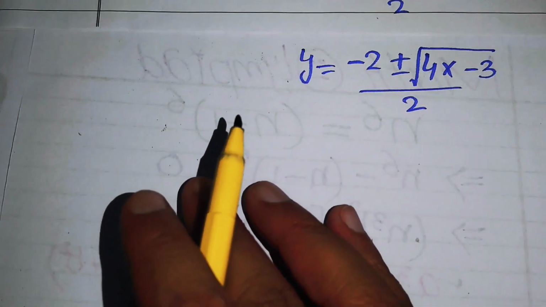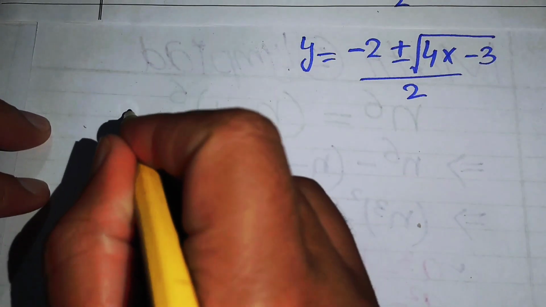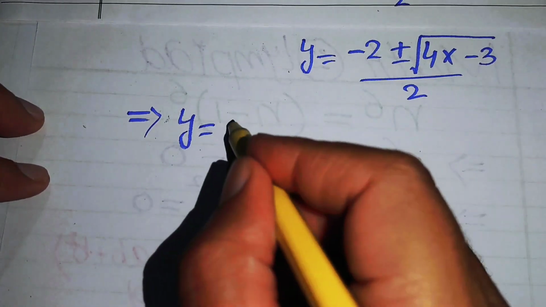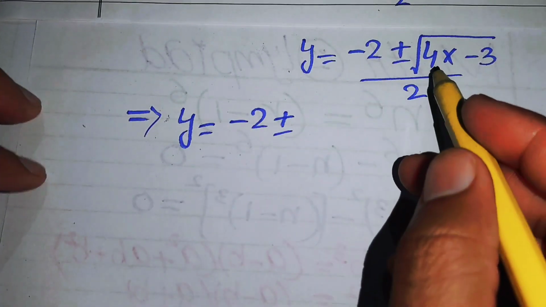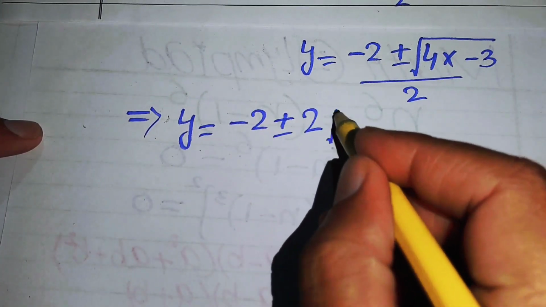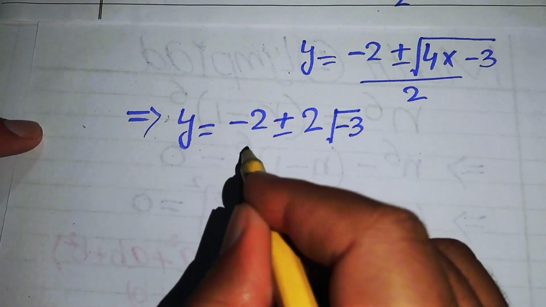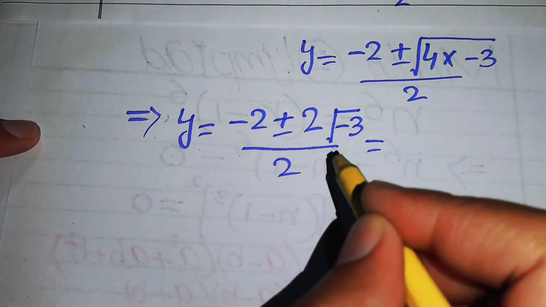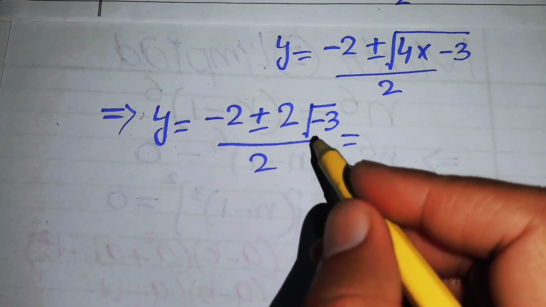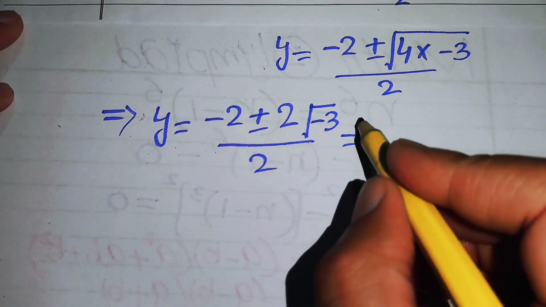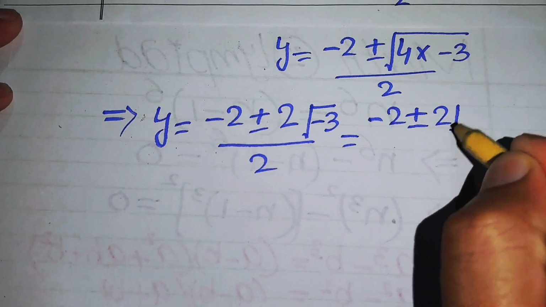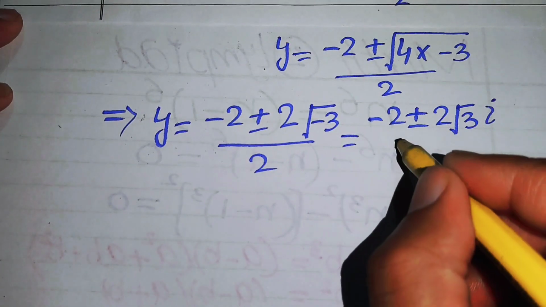So in the next step we can write some simplifications here, and you have minus 2 plus minus, you know that the square root of 4 equals 2, and we write the square root of minus 3 over 2. And you know that when the negative sign comes under the square root, then it will be equal to iota, and we write it as minus 2 plus minus 2 times square root 3 into iota